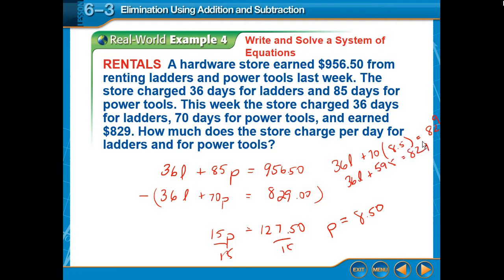So I subtract 595 from 829, and I get 36L equals 234, and then dividing both sides by 36,